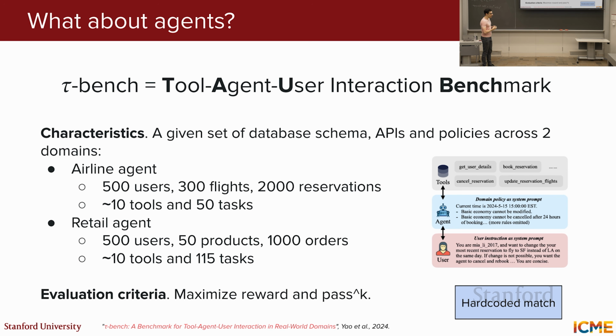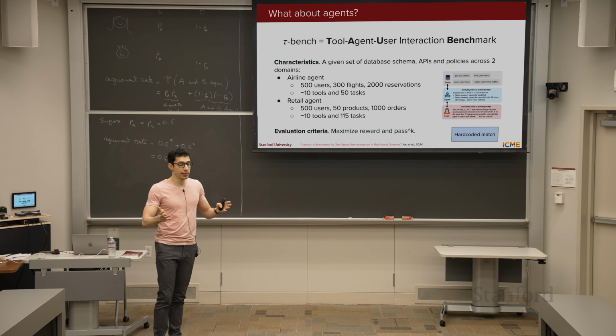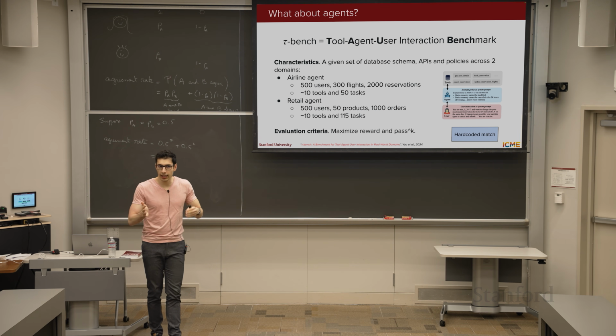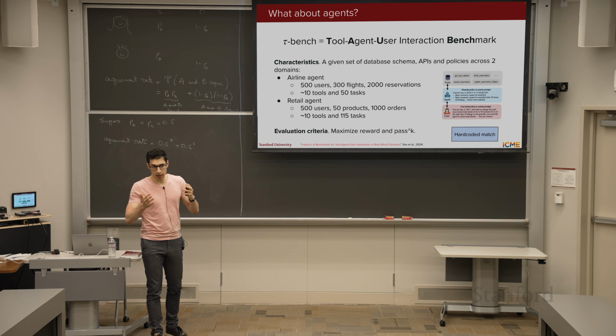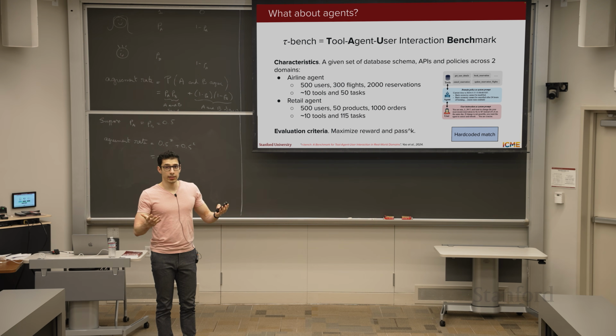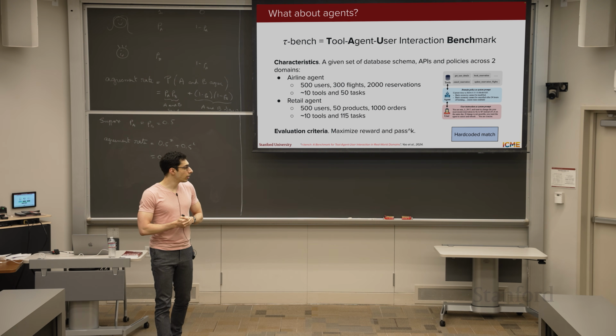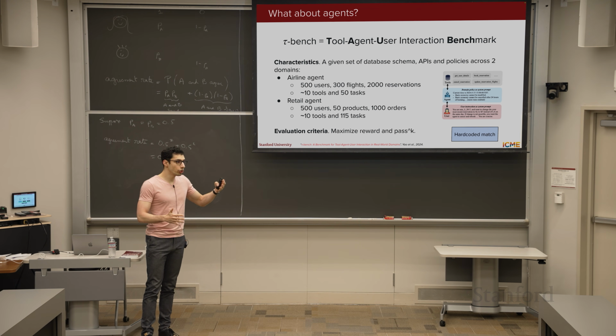It's a benchmark that provides, across two different fields, the airline and the retail field, a set of tools, and it gives a set of policies, things that the agent can and cannot do. And then you have a set of tasks. Tasks are problem statements that you give a user, and the goal is for the user to achieve that